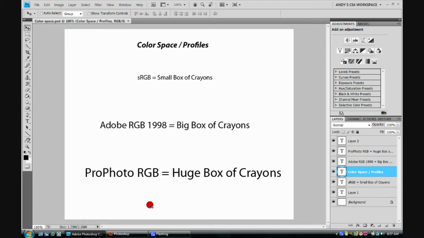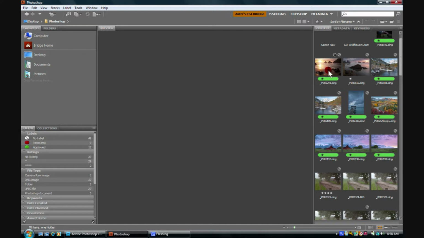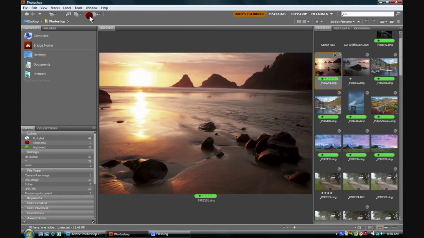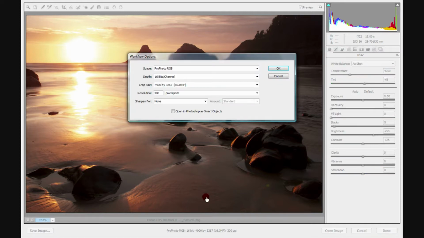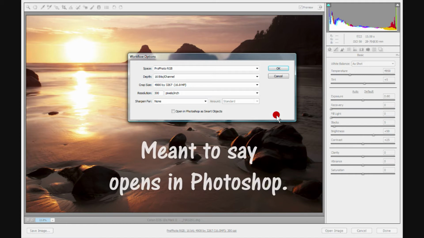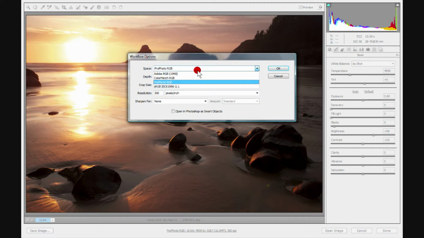So the next question is, okay, how do I get one of these color spaces applied to my image? Let's start with back here in Bridge. Let's work with raw files. Let's just select this image here. Let's open it in Adobe Camera Raw. Here we are with the image in Raw. Down here at the bottom on this hot link, this is where we set up what color space this image will be when it opens in Photoshop. So we can click this drop down arrow right here and choose